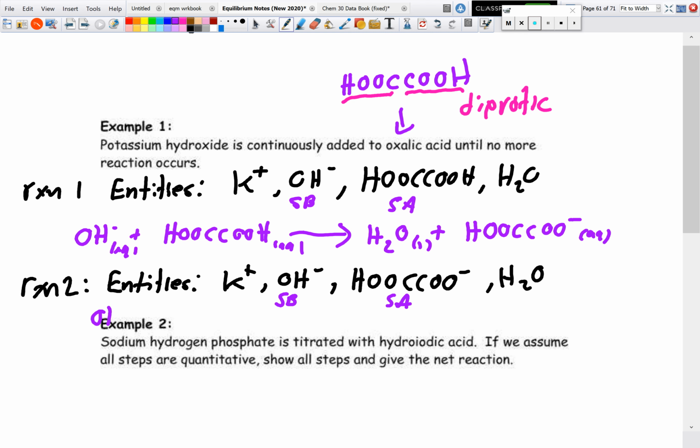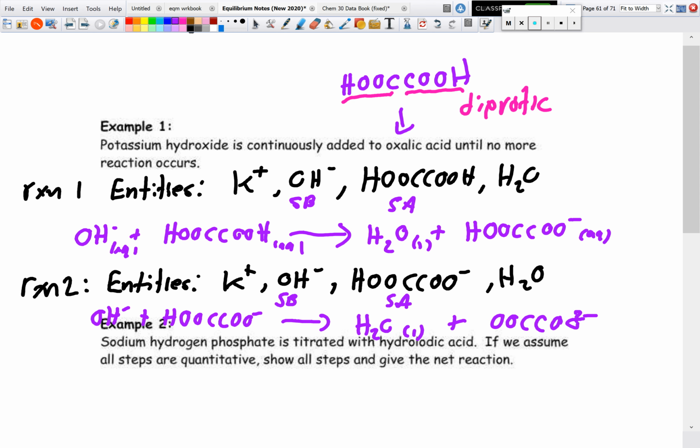So our second reaction, oops, that's not oxalate. So let me try that again. So our second reaction, we are going to involve this. And we're going to assume that it's quantitative again because we want to completely remove that last hydrogen. And that is it. So of course, if all of our hydrogen oxalate ions are gone, we only have our oxalate ion,